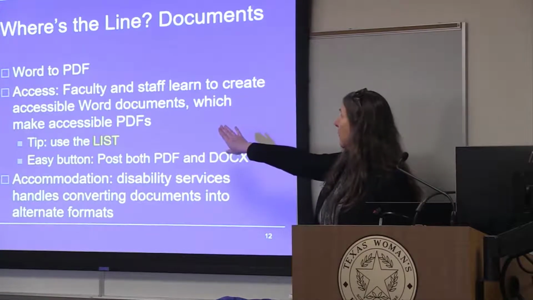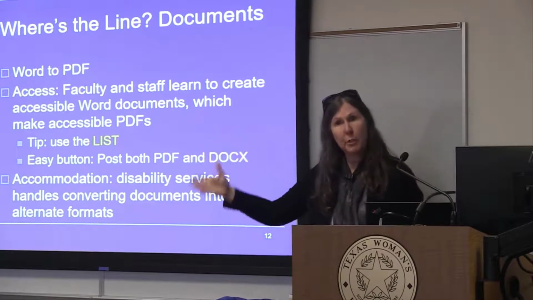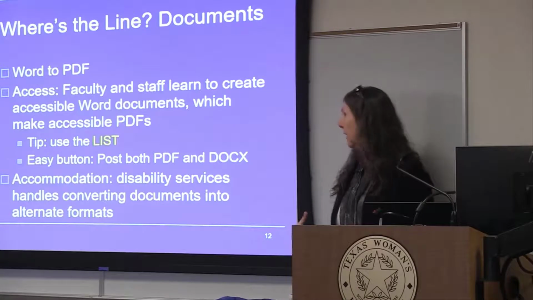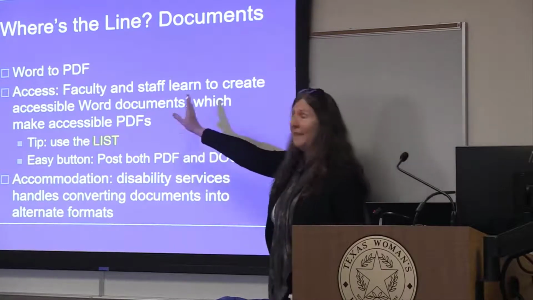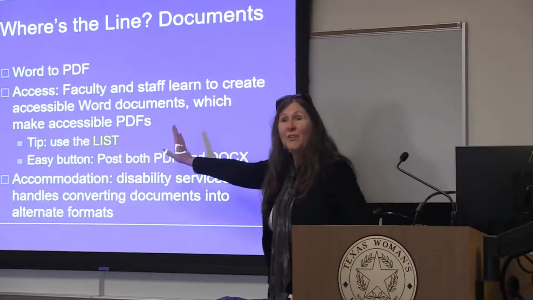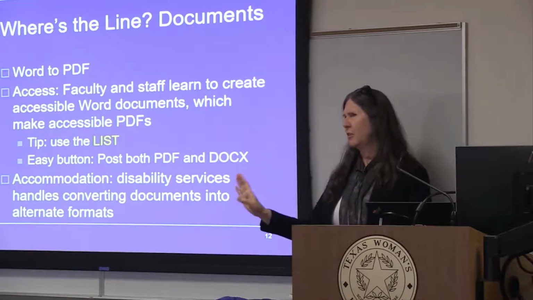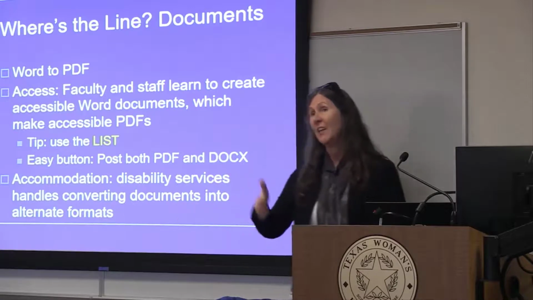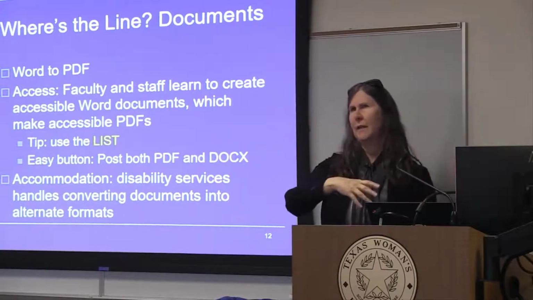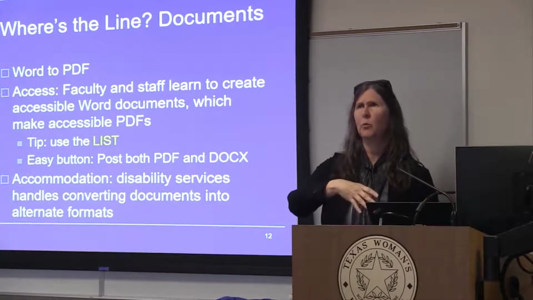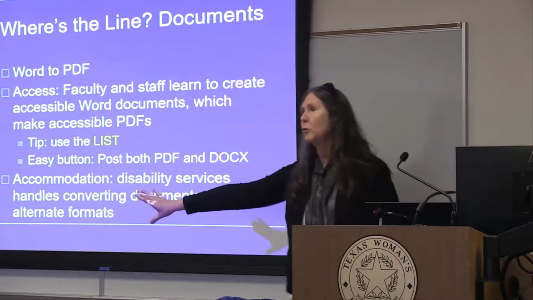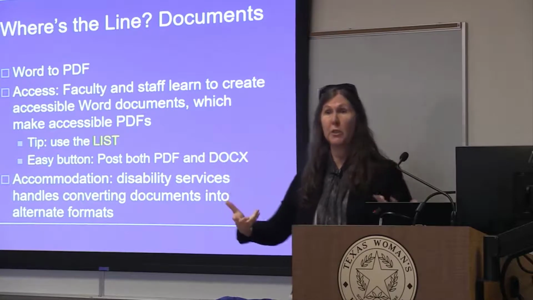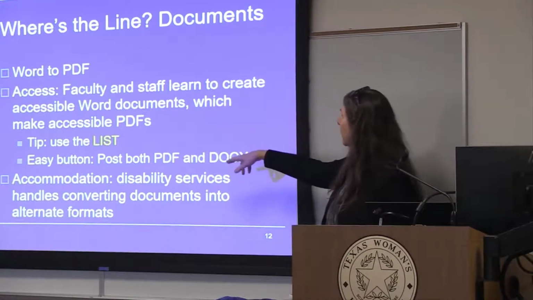So let's talk about documents for a minute. A lot of you are working in Microsoft Word. A lot of you are probably working in PowerPoint. It's actually very easy to make either of those accessible. And then this is beautiful: when you save it to a PDF, as long as you don't print to PDF, you're making a lot of PDFs, don't print to PDF. Do Save As, or in one of the programs I think it's Export or Convert. Just don't do Print. Print takes away all the accessibility features. Print is great if you're actually wanting to print, but otherwise use the Save As features.